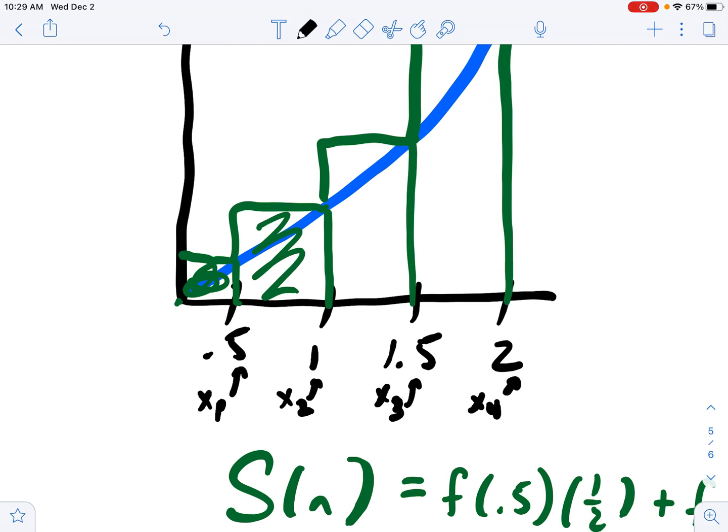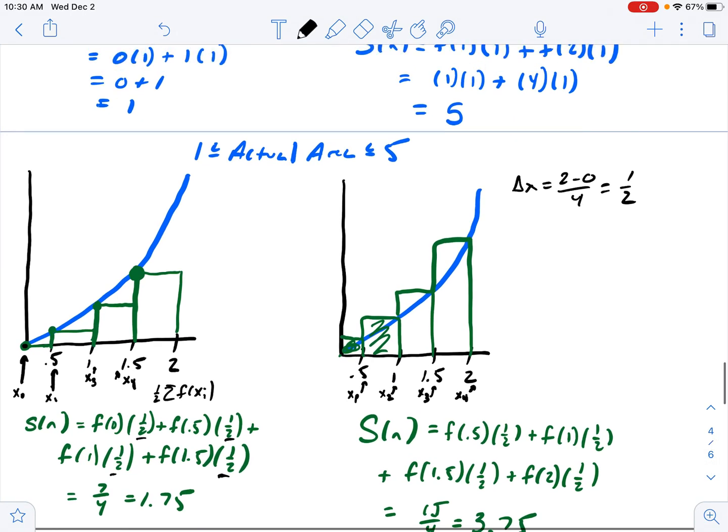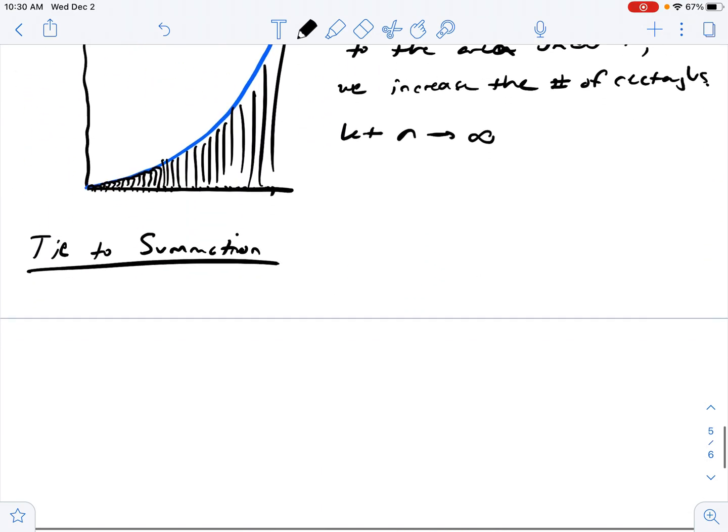That should be 1, 2, 3, and 4, excuse me, x sub 4. There's my four x values where I drew the heights from. Okay, these are the right sums because I'm using the right-hand side of each subinterval. Okay? So, in general,